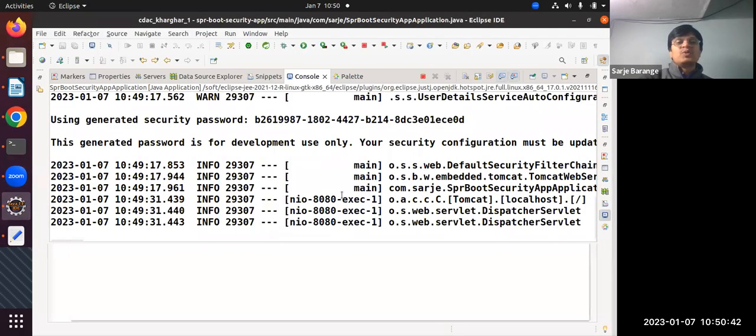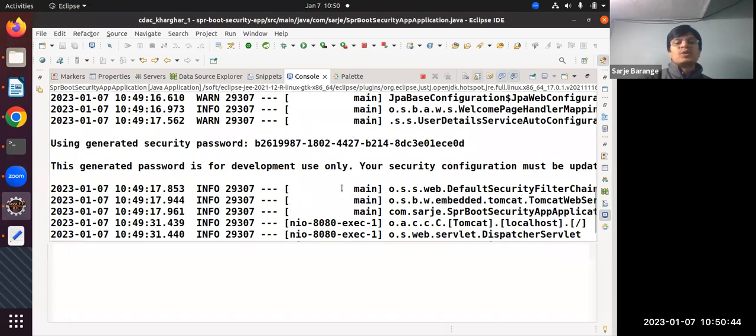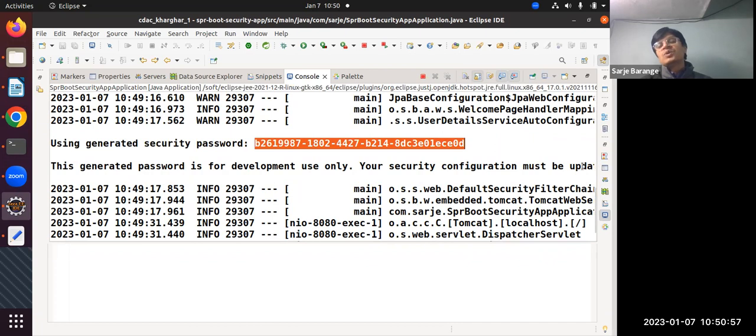By default, the username is user. And when you check your console window, you will get one password. I hope you can see this line, using generated security password. And here you will get this password. This is the password which is given so that you can authenticate the user. This password will be different for each execution. It means when I close this project and run it again, a different password will be given. So you should take it from your console window. Copy it from here